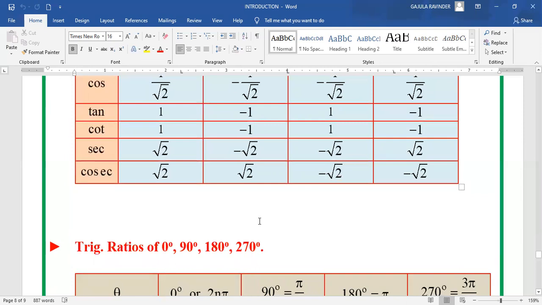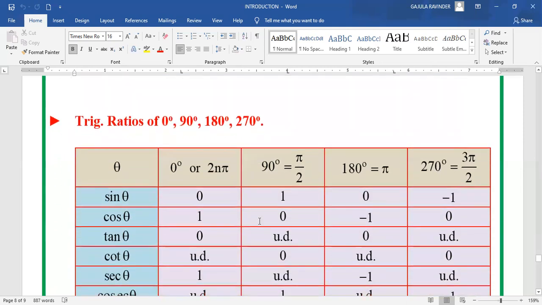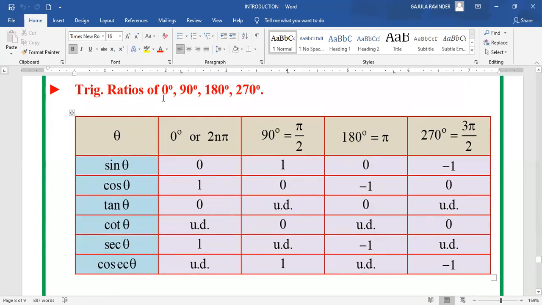Okay, friends. Now you can see the ratios, which of course I have already given in tabular form at the beginning itself, for 0 degrees, 90 degrees, 180 degrees, and 270 degrees. Once again, I have taken a separate tabular form for this one: the trigonometric ratios of 0, 90, 180, and 270. Of course, 360 will be the same as 0 degrees. Taking the points at distance r from the origin, you can define every trigonometric ratio according to the definition, which I have defined in session 2.